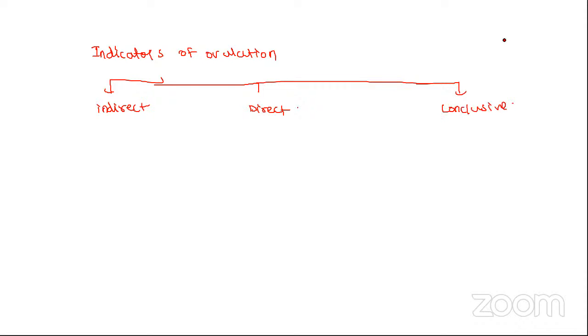Conclusive is when the patient gets pregnant. Obviously, when the patient is pregnant, 100% she has ovulated. A direct indicator of ovulation is when there is laparoscopic visualization of